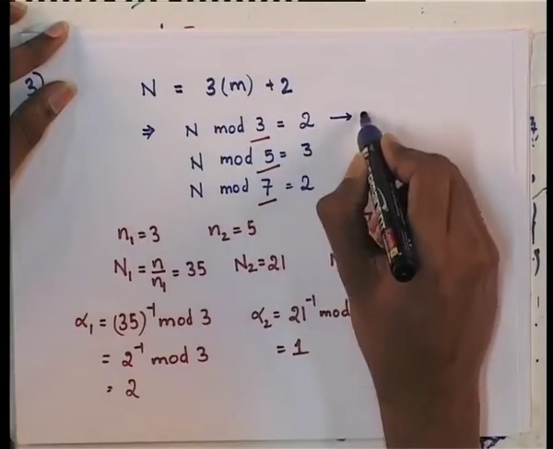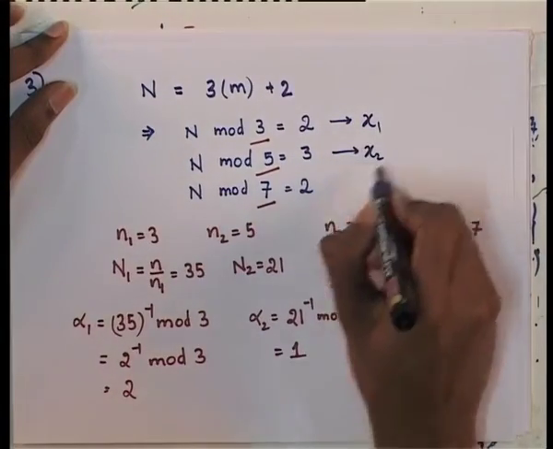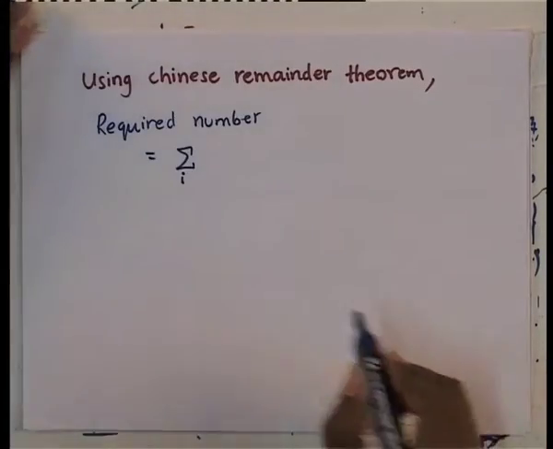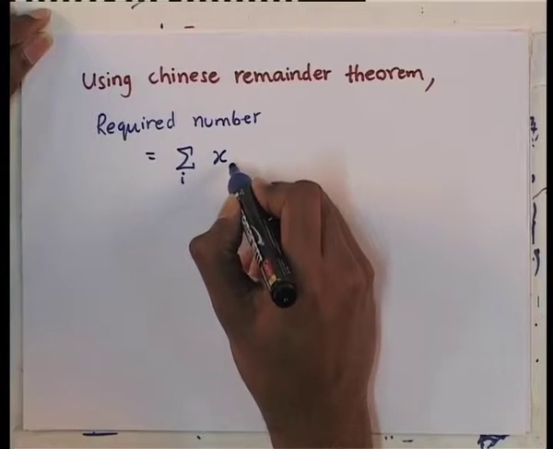Consider these as x1, x2, x3. Required number is x_i n_i alpha_i,